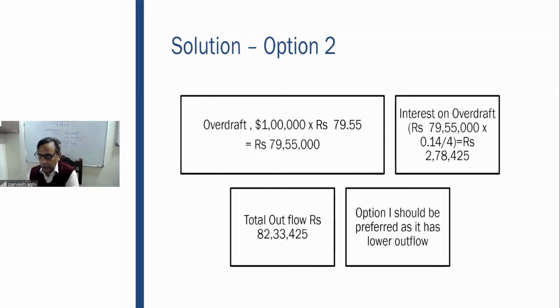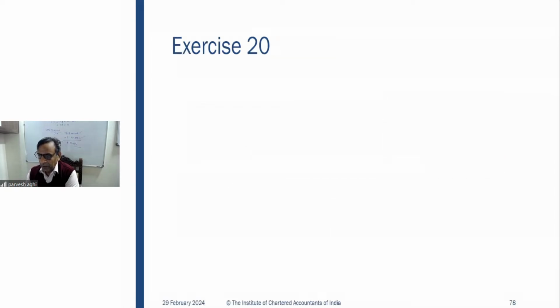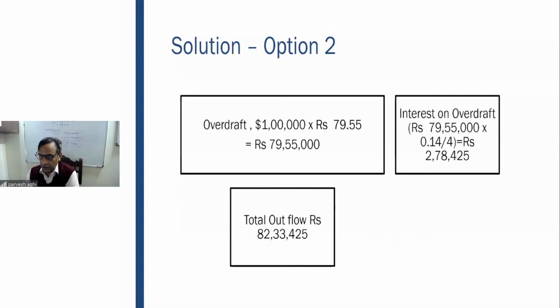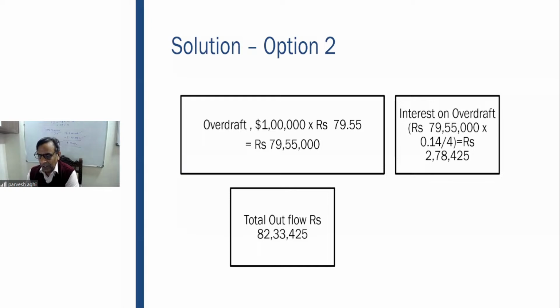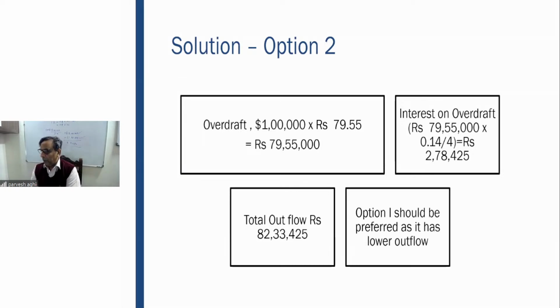So option 1 should be preferred as it has the lower outflow. If you look at option number 1, it was 81 lakhs 28,000, and in option number 2, it was 82 lakhs. So option number 1 will be better. Now, why I've done it in a faster manner is because this is similar to the question which was there. So 3 questions,